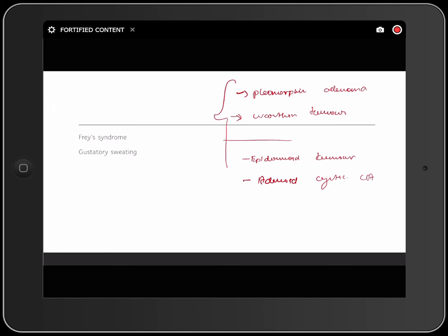So if it is benign, we can go for superficial parotidectomy. If it's malignant, we should surely undergo total parotidectomy. While doing total parotidectomy, we should identify the facial nerve using those pointers. So the important post-surgical complication is, as I already said, there will be